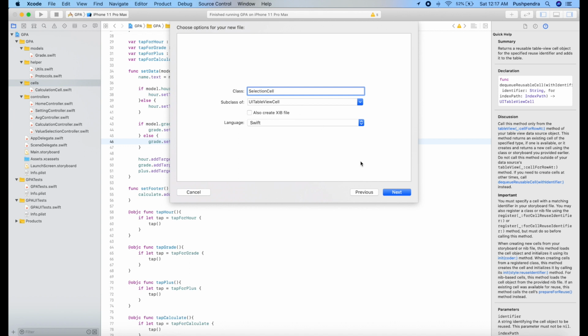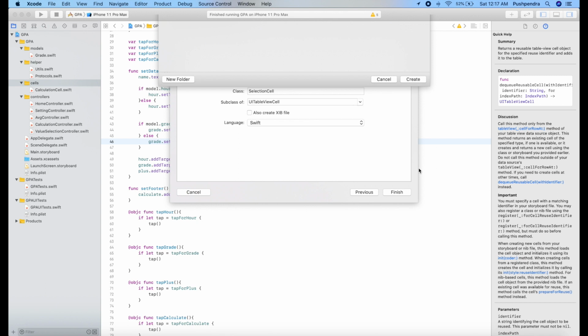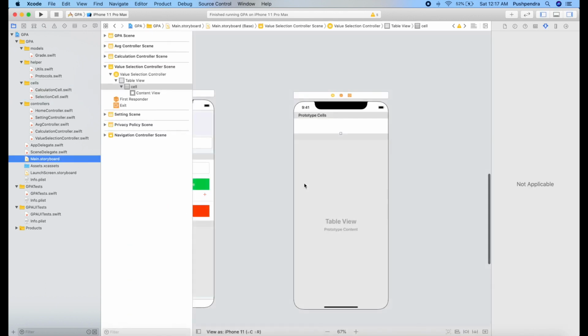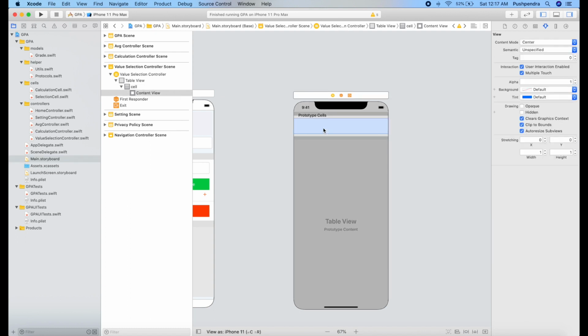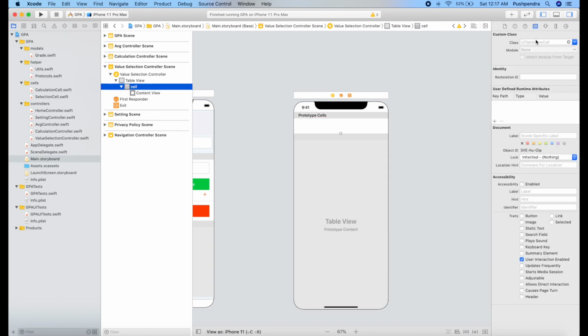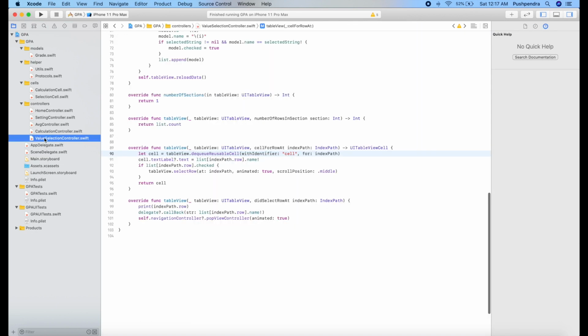So I'm creating a separate cell view, selection cell. That's great. Now I will assign this cell to my table view cell and select selection cell. Everything will remain same, but I don't think this may be the issue, but we can try once.